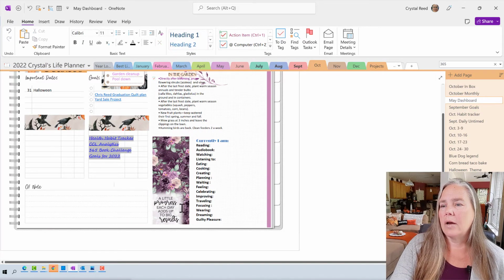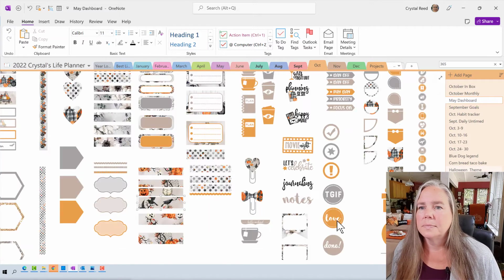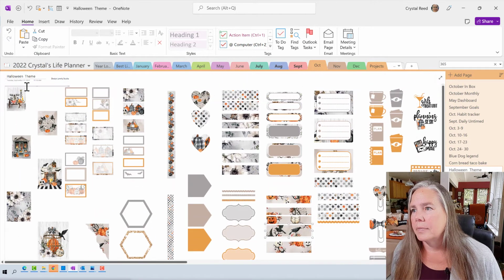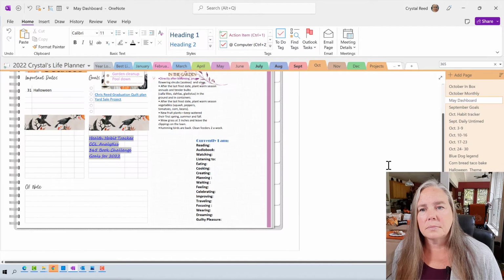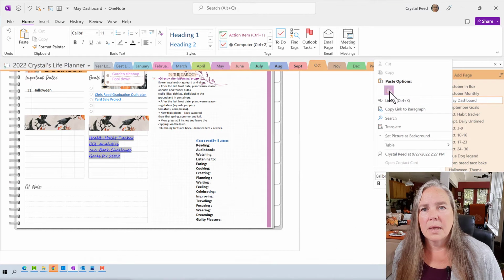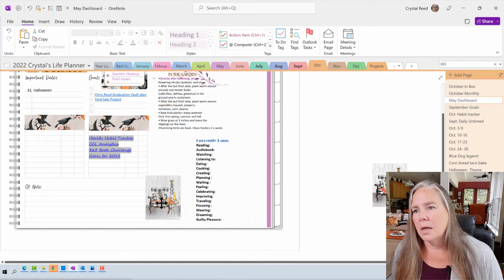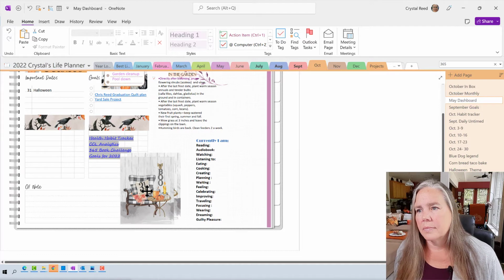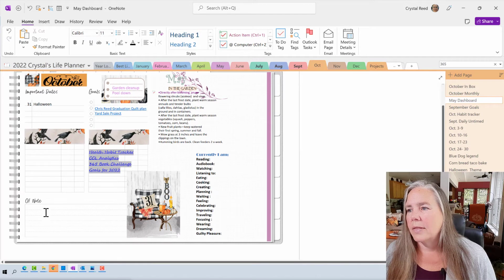Okay. All right. Now moving on down here, I just had some graphics. So I will take care of those. And this is another graphic. Let's see what I can find to put in there. Some of those beautiful pictures at the beginning, I think. Like this one. Paste on the side. Drop it in place. There you go. That looks really cute. And then I have a place here for notes. I have a place here for my currently,